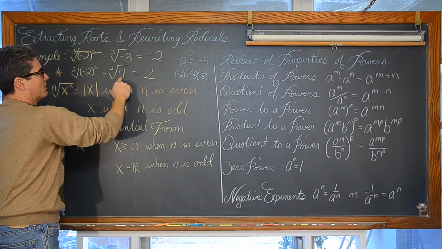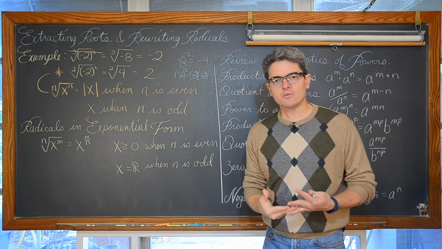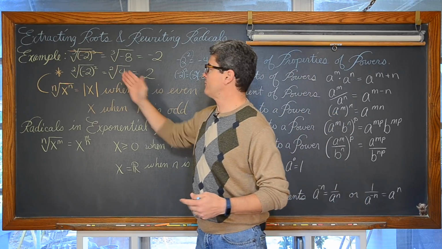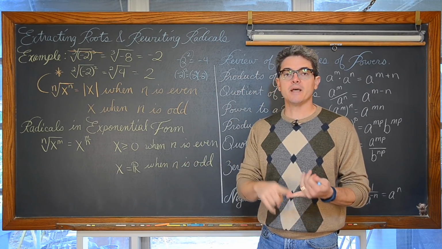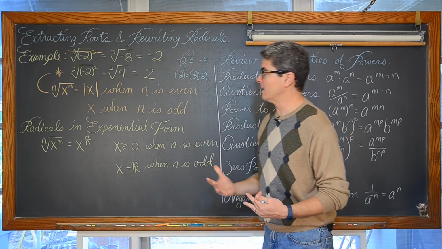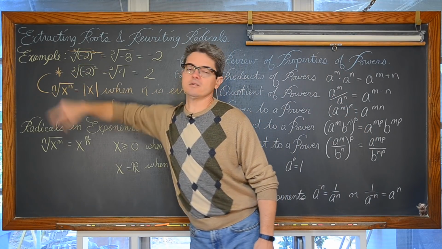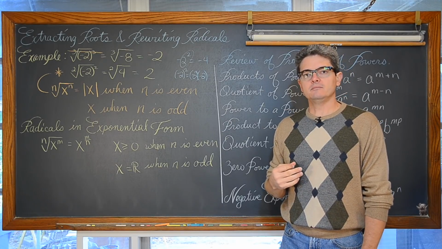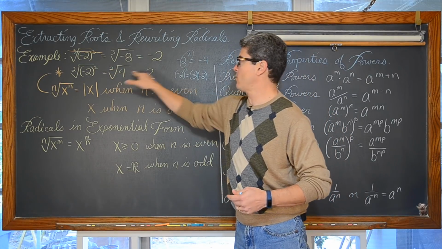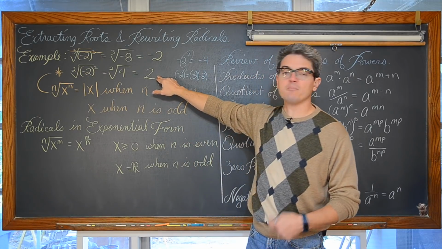Now, when you take the square root of 4, it is technically true that when you take the even roots of a number, there are 2 answers, a positive and negative answer. I can say, what's the square root of 4? And you can say 2 or -2, because -2 times -2 is +4, and +2 times +2 is +4. But in textbooks, when they give you a radical notation, if there's no plus or minus in front of that radical notation, then you're expected to only give the principal root, or the positive root. So the square root of 4 is going to be equal to 2. That means that we started with -2 and we ended with +2.